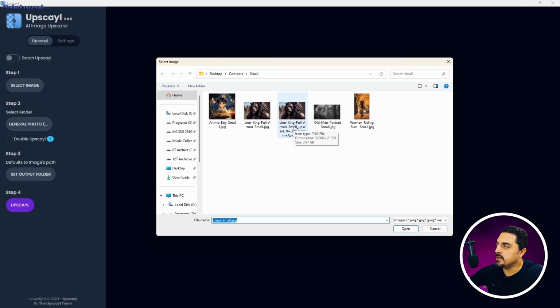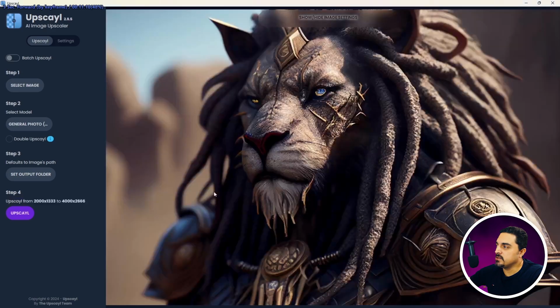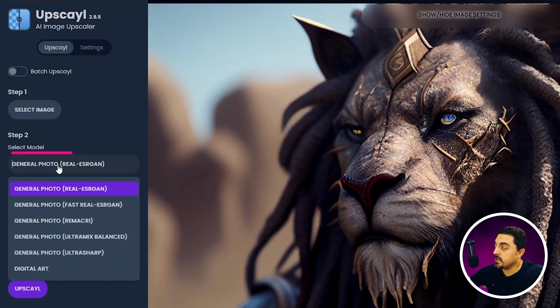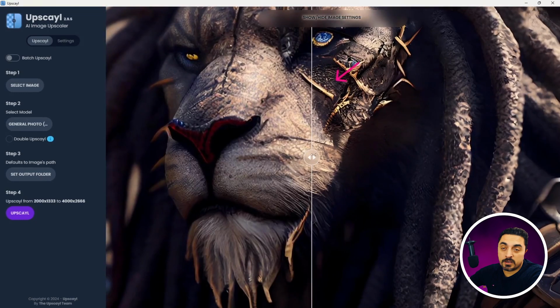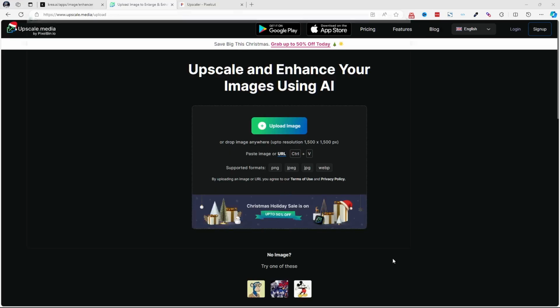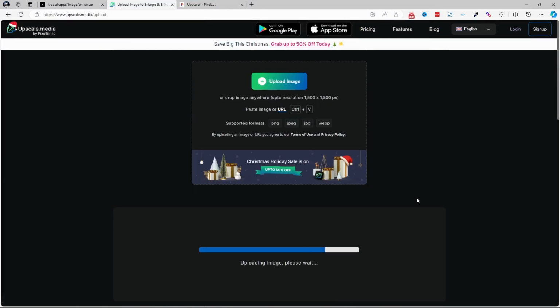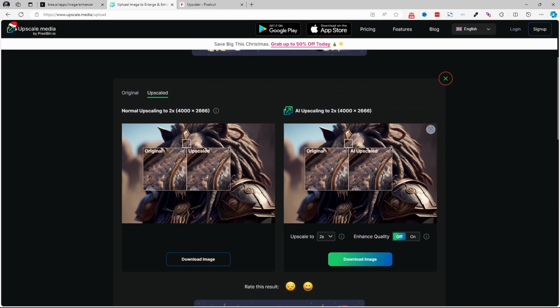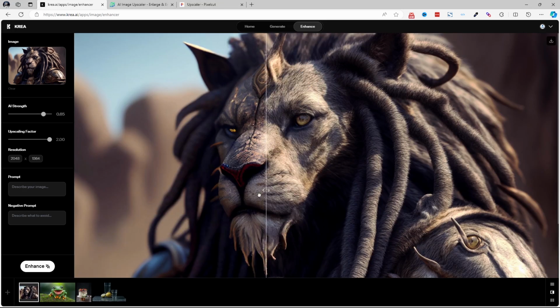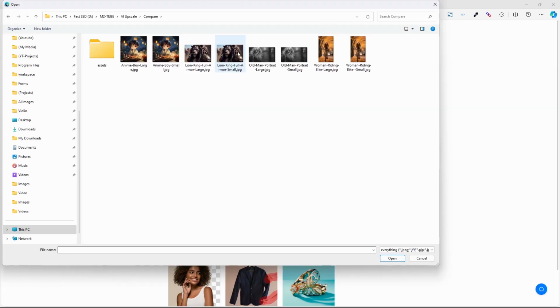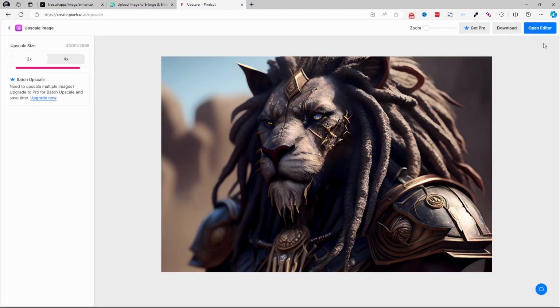Okay, let's select this small Lion King image, and you could use these AI models to upscale this image, and you could try it yourself. For this example, I use the defaults. Let's click on the upscale button here, and by using just 1 click, we get tons of details in this image, as you see. And to make this video exciting, I upscaled this Lion King image 2x in Upscale.media. Also, I did the same in Krea.ai. And lastly, I upscaled this in Pixelcut as well, so we could compare this Midjourney image type here.